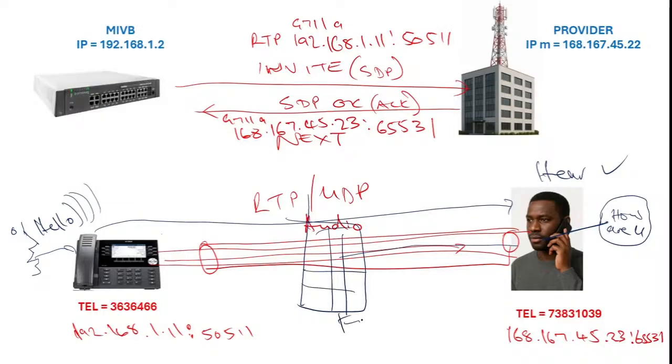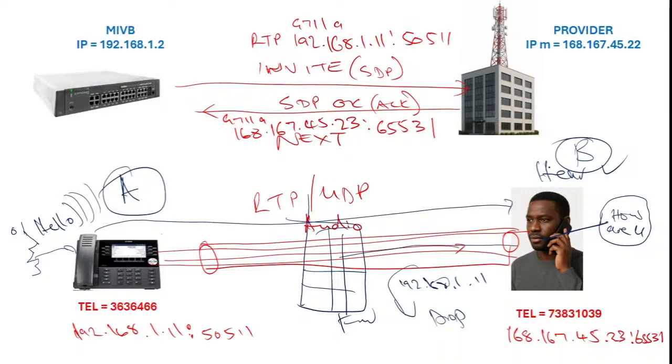die on the firewall, because if this IP address is 192.168.1.11, the ISP cannot route this, so it's just going to drop this packet, and this person is not going to hear the response from the external part. The internal part, this one is going to hear, but this one is not going to hear. A is not going to hear, but B is going to hear,